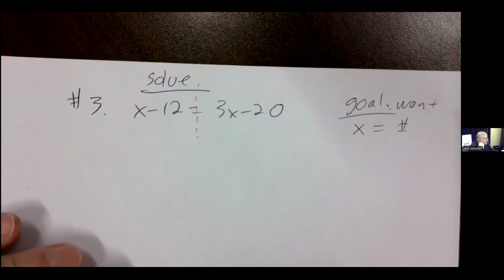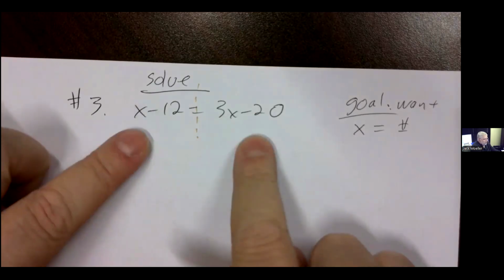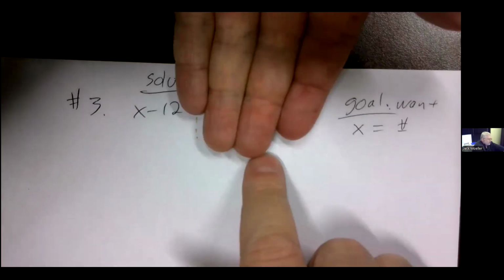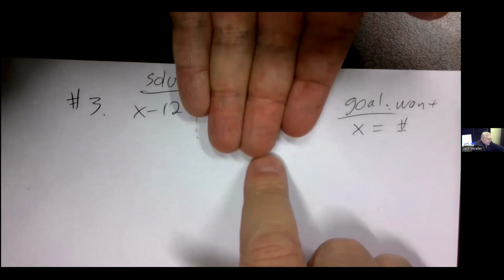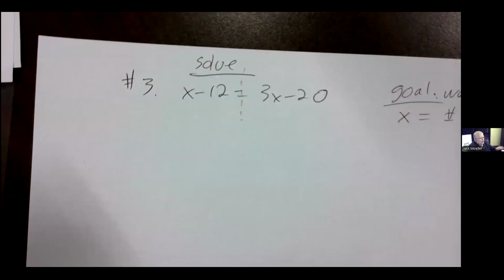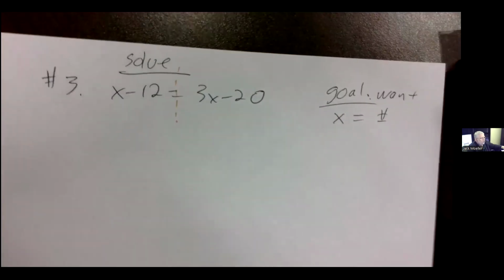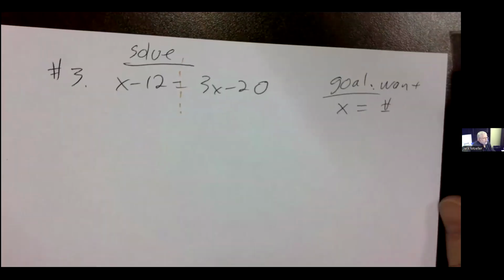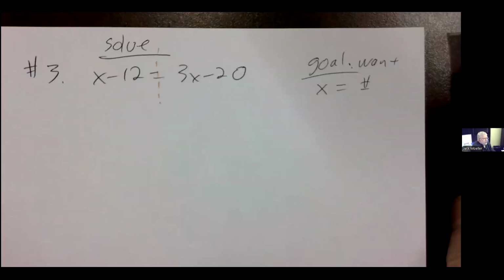But the only time you do opposite operations is if you're moving across an equal sign. If you're doing something on the same side of an equal sign, do not do the opposite. Just do what the math says, and we'll do some examples of that. All right. When you have variables on both sides, you have to make a decision: which side do you want